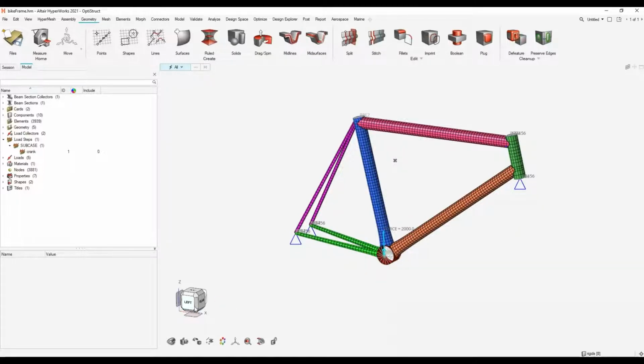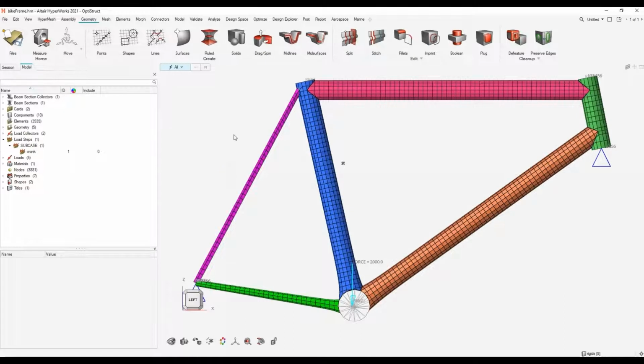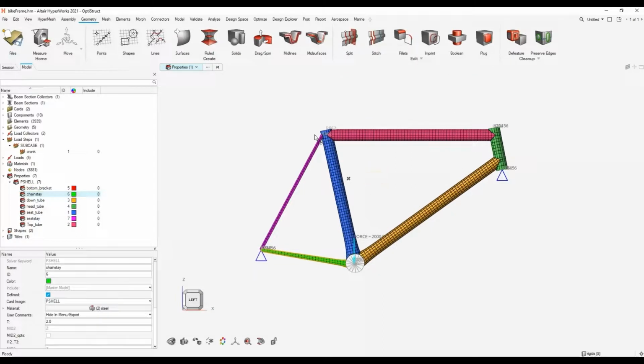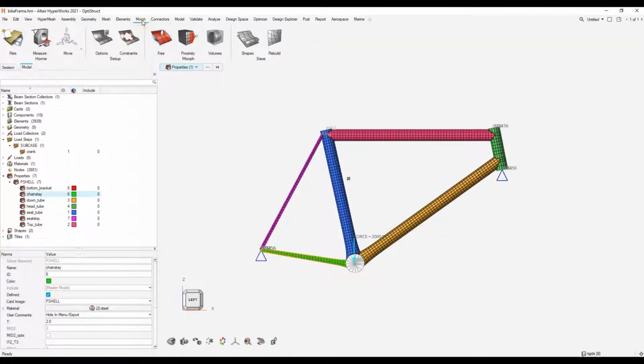So what we're going to do is first just look at the model that we're dealing with. We can see that we have quite a few different property cards, so each of them has a different thickness. Well, currently they're all the same at 2 mil. And just to add to our design exploration a bit, I'm going to morph the location of this part and see if it will have any effect on our final results. So if you head into the morph ribbon and click on free morph,